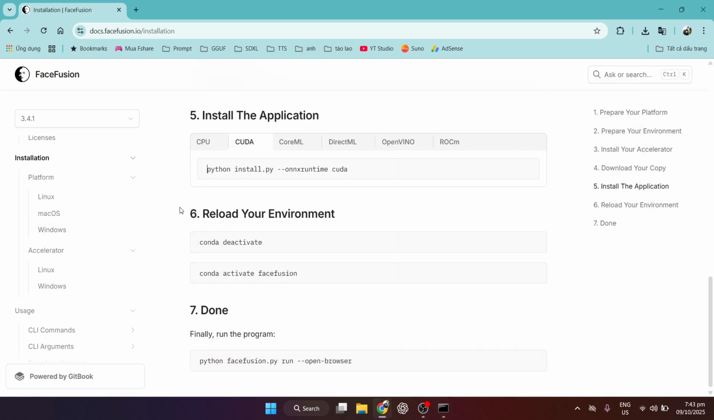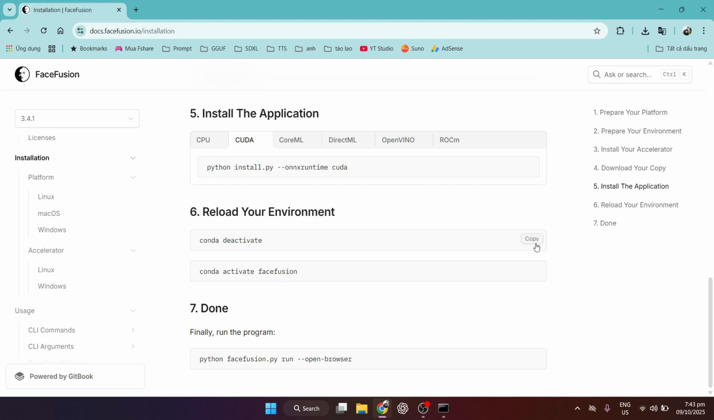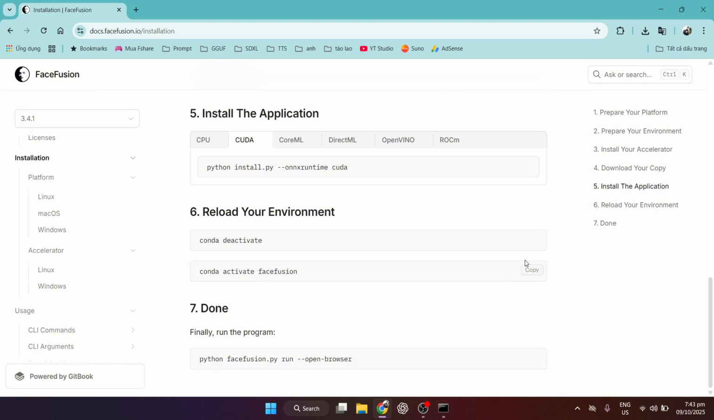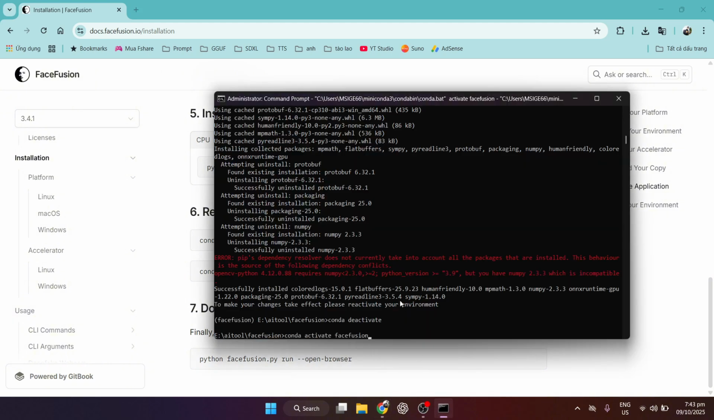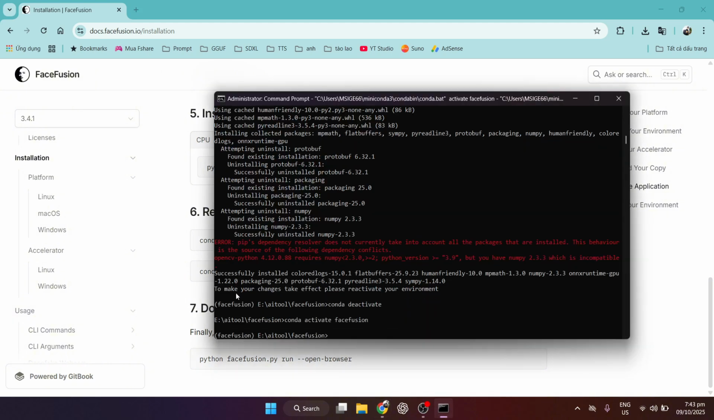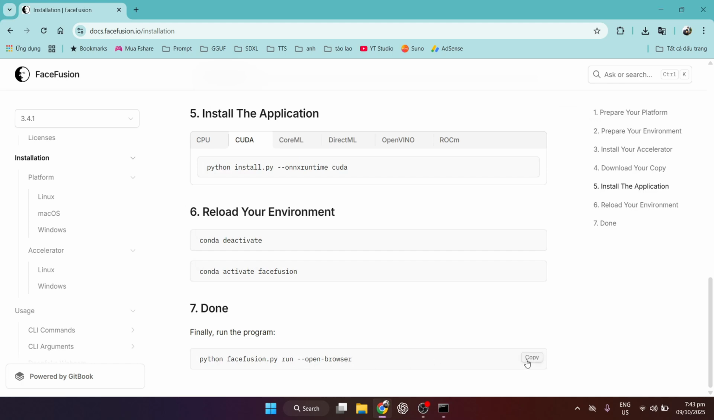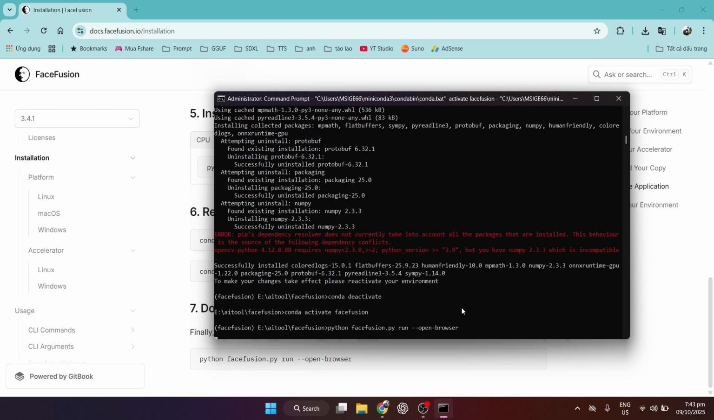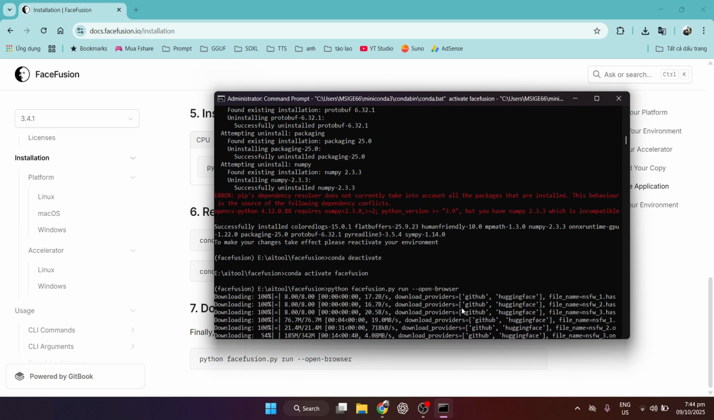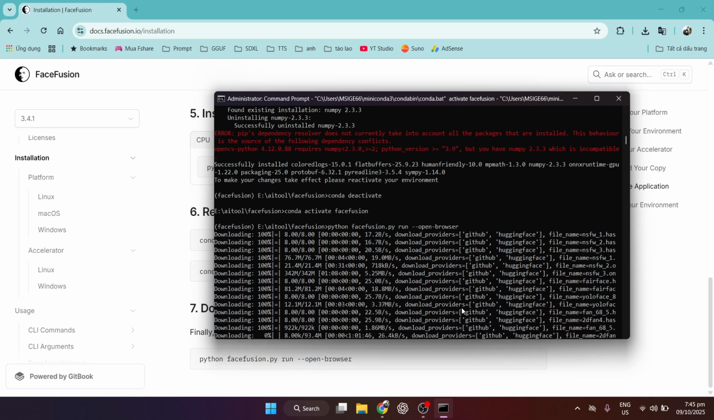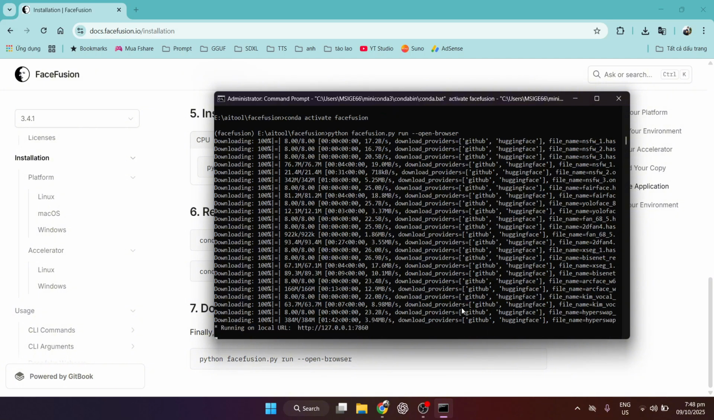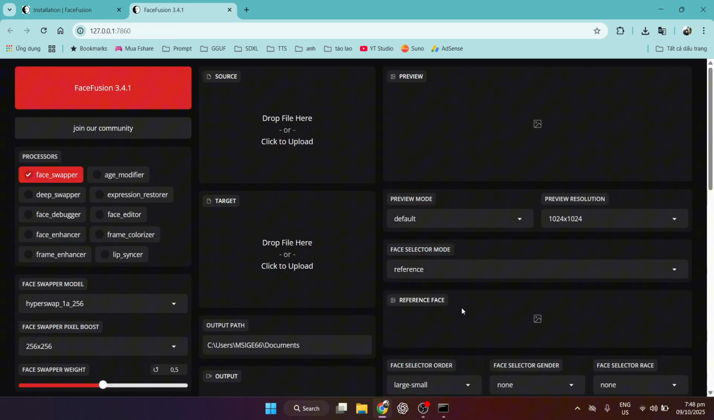Now we will reload the virtual environment. The final step is to just run FaceFusion. Note, the first time you run it, it will take some time for FaceFusion to load resources. Once dependencies finish, run the app. It opens on localhost